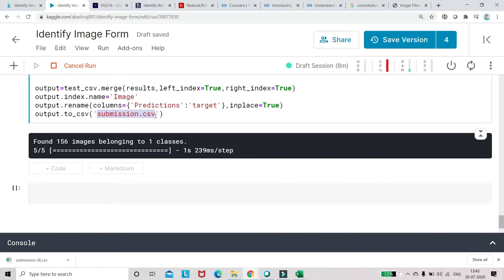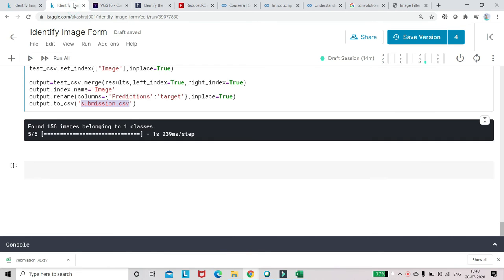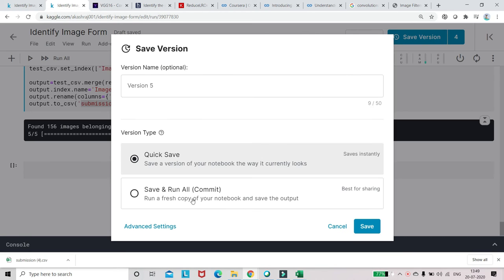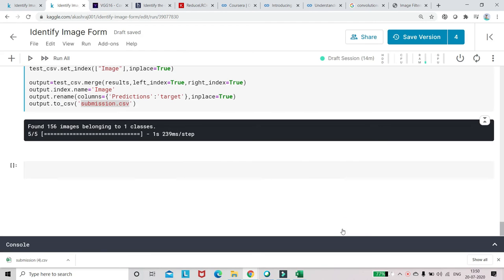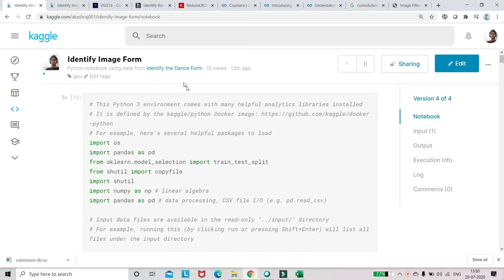It will be saved after the notebook has run. If you have made any changes, you need to go here, click on save version, select save and run all, and select save. It will run your notebook separately. I'm not going to do that, I have already done it. Sorry, a new notebook will come for you, so you need to go to the